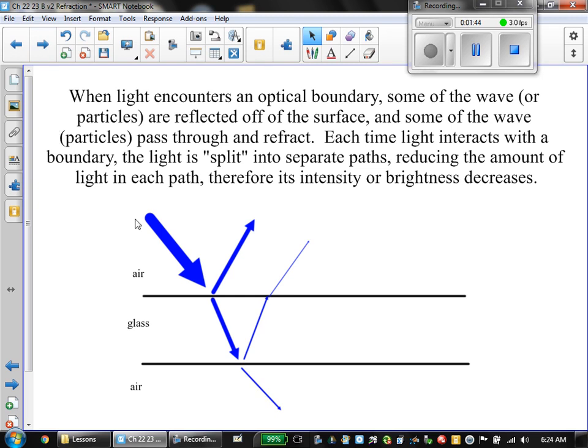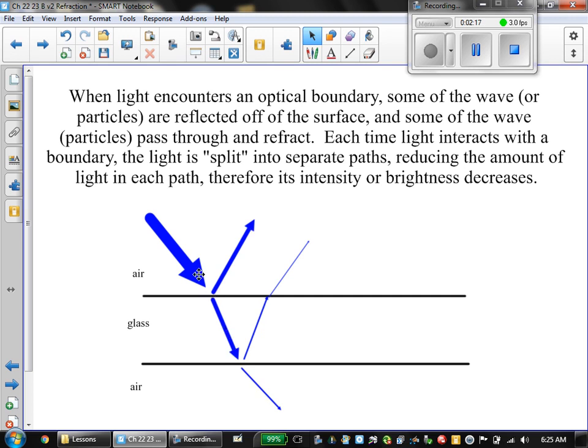We said before that when light hits a boundary, it can either reflect or it can refract, but it turns out it really can do both at the same time. I've shown the thickness of the light to show the intensity or the brightness of light. Here we have a full beam of light hitting a surface, air to glass. As we just saw in the photograph, some of that light is going to reflect off, and I've shown that reflecting at the angle of incidence equal to the angle of reflection, obeying the laws we have. You can see the intensity or the brightness has gotten less because some of the light has reflected off, but some light is carried through.